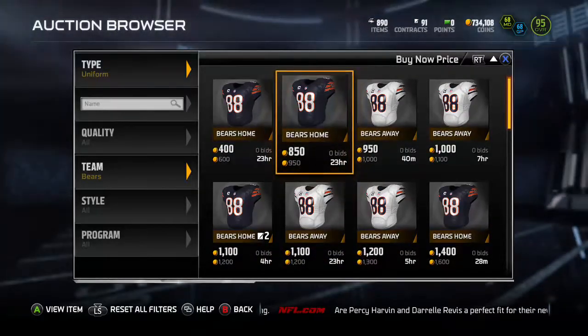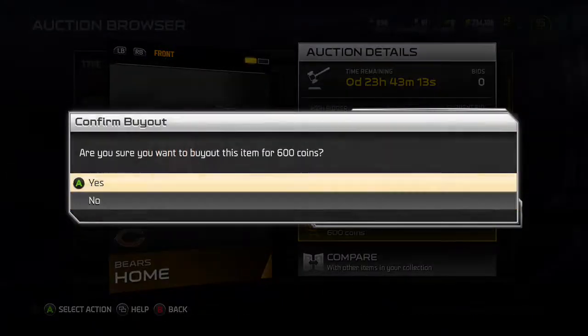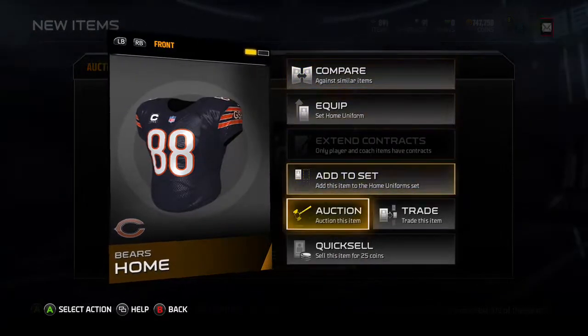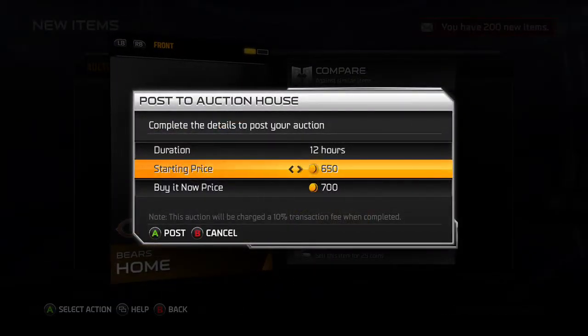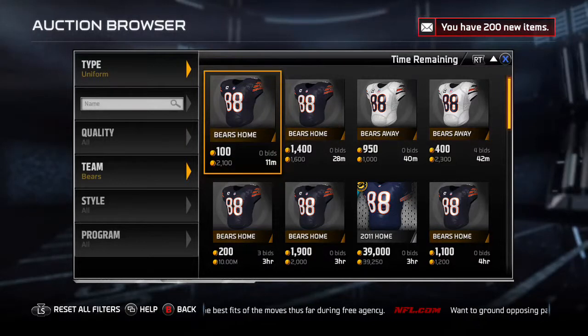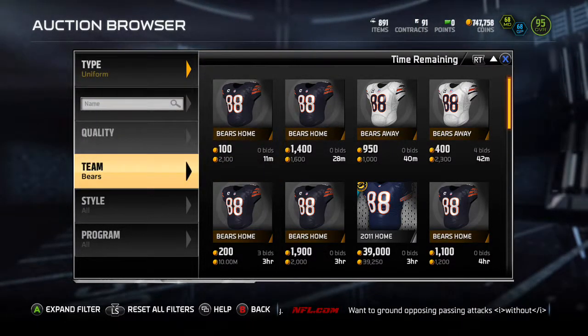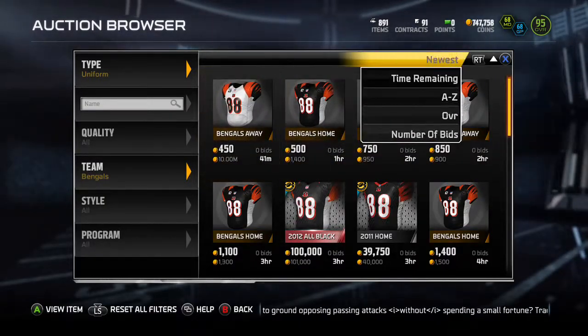Jerseys go for about 1,000. This one's up for 600. It's not a ton of profit, but you can go buy this. Buy now. Yep, 600. Just click right here. Auction. We'll sell it for 900. I'm only making 200 coins off of that, but if you can do 10 of those a day and make about 500 coins off of them, that's 5,000. If you can get 20 of these done a day,